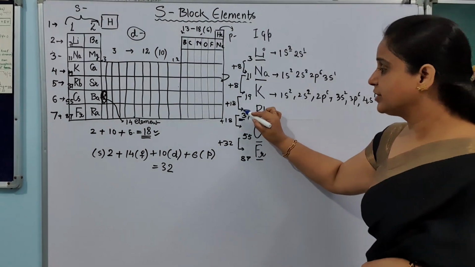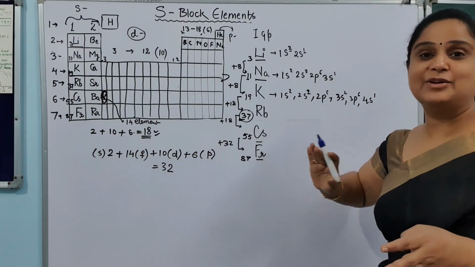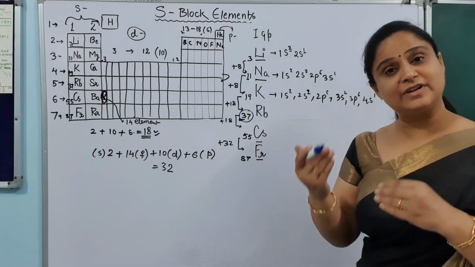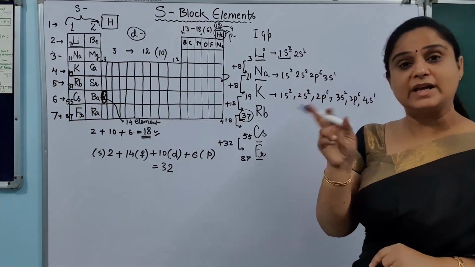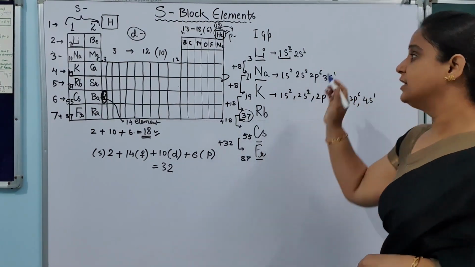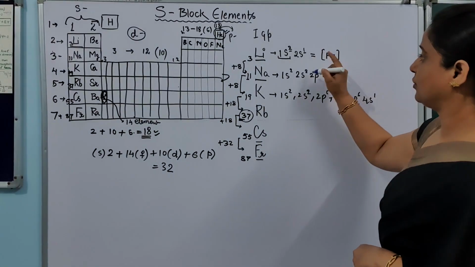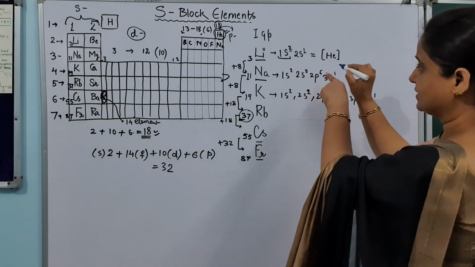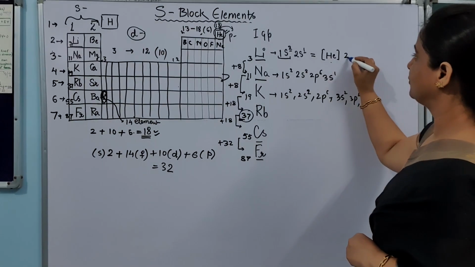Now when we go for rubidium, lots of electrons are there, and I will need a lot of space and a lot of time to write it down. So for that we have a solution. And what is that solution? Rather than writing down 1s2, can I write it this way? Helium, the configuration, this bracket is indicating that the configuration of helium is completed, and then we have to go for 2s1.